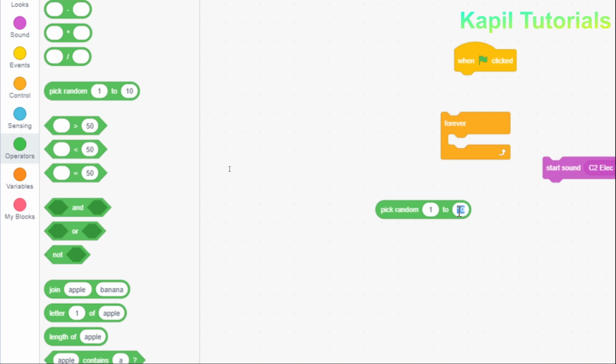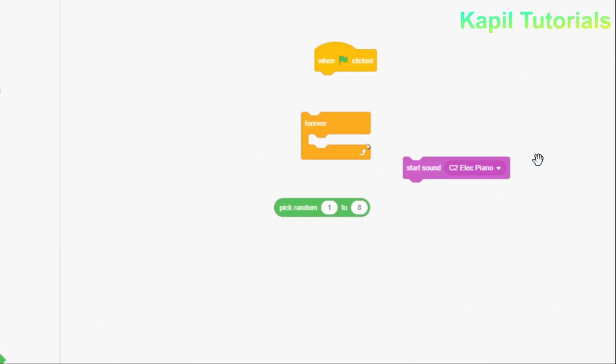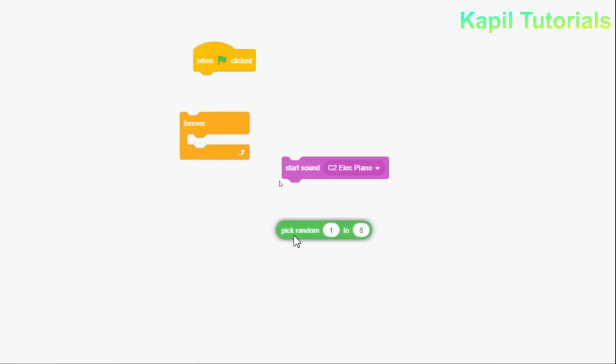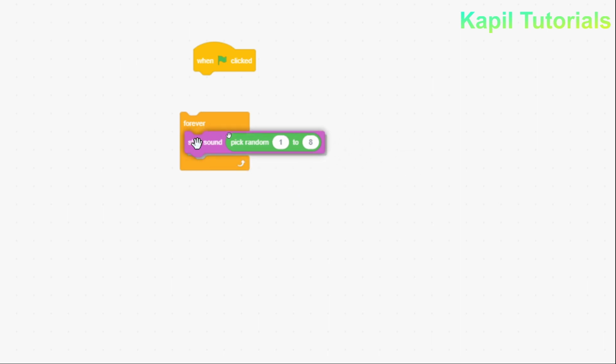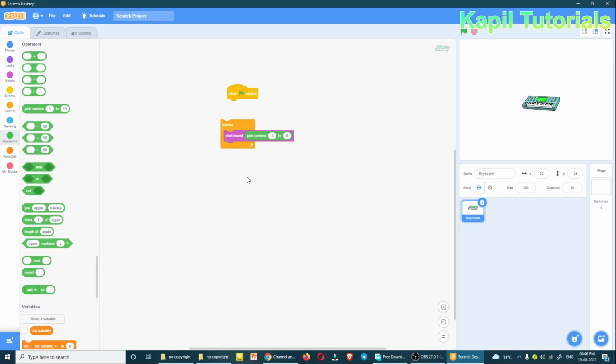There are 8 notes, so I'll type 1 to 8, and it will load any random musical note. I'll drop this command where it is written C2 electric piano, and I'll drop this inside the forever loop.